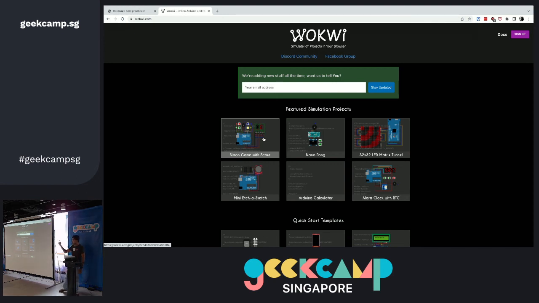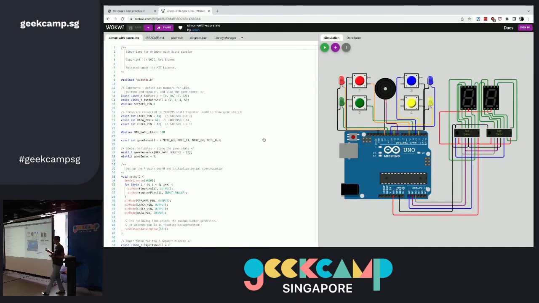Quick one. Somebody talked about Wokwi. This is a super cool emulator. If anybody is into hardware, this is actually a freaking awesome thing. It emulates the entire hardware setup here, including all the buttons and the buzzers and the LEDs and everything in software in your browser.